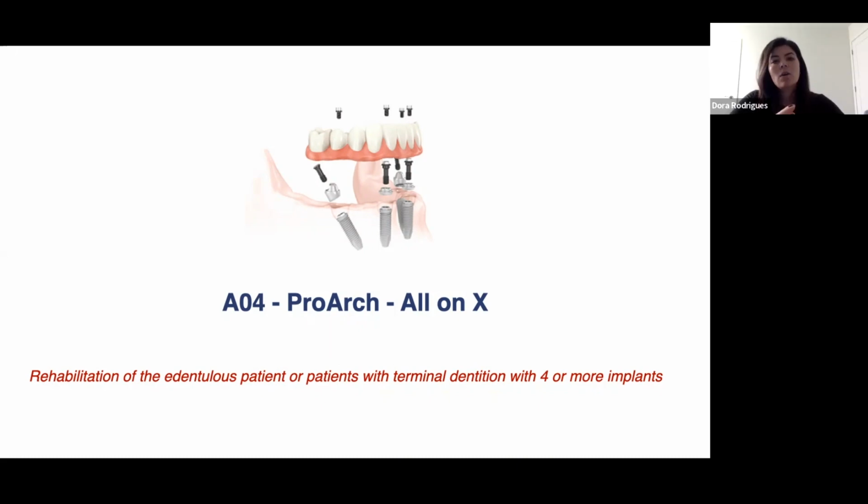So okay, different doctors call it different things, but it's basically the rehabilitation of the dental patient with terminal dentition with 4 or more implants. And the technique was designed